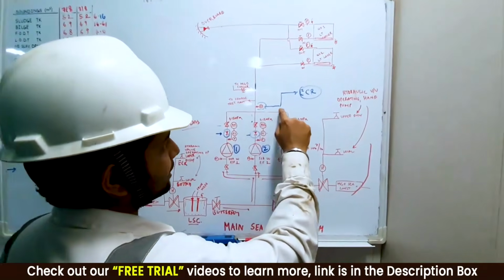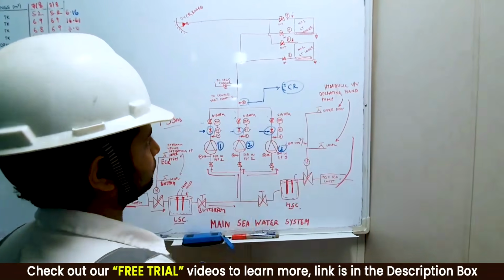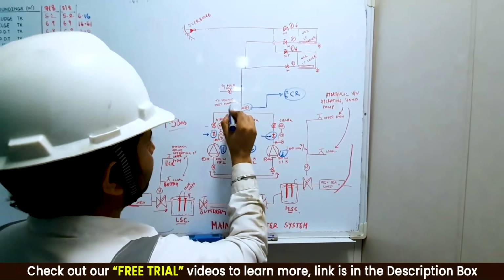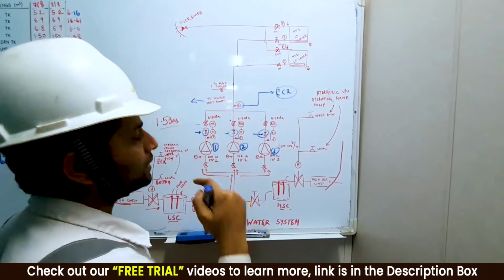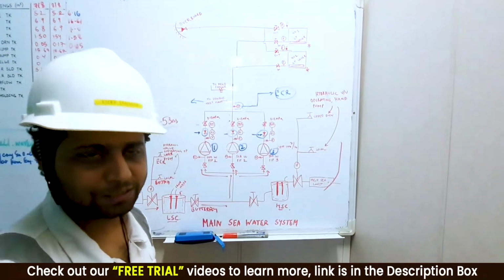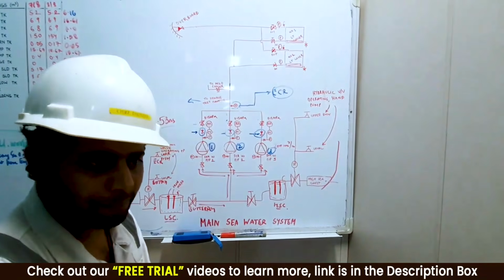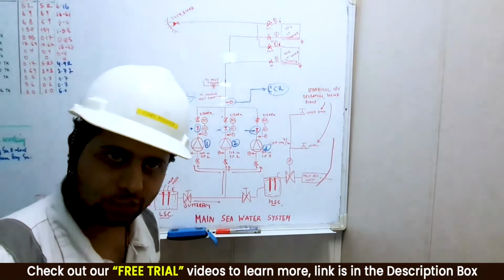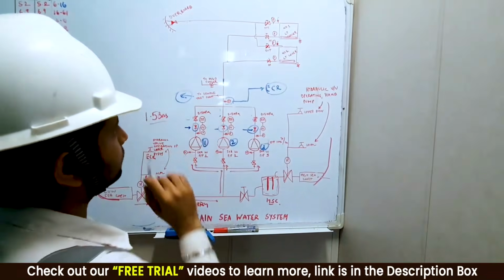Come. So from this pressure transmitter I am seeing the signal in the engine control room. From here my seawater is now going to the sewage treatment plant. Why? Because if we have to do the back flushing, then in that case we need the sewage treatment plant's back flushing, and for that this line is given to the sewage treatment plant. When we are discussing the sewage treatment plant, we'll be talking about this line.